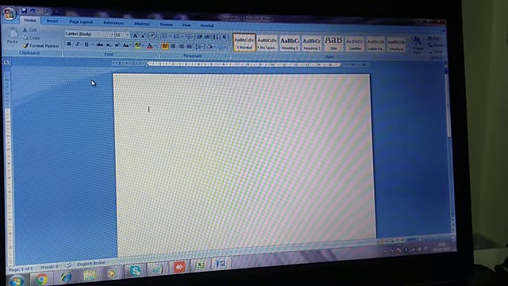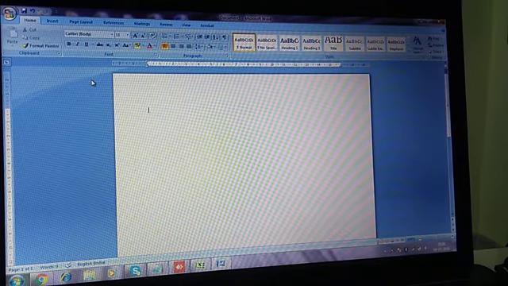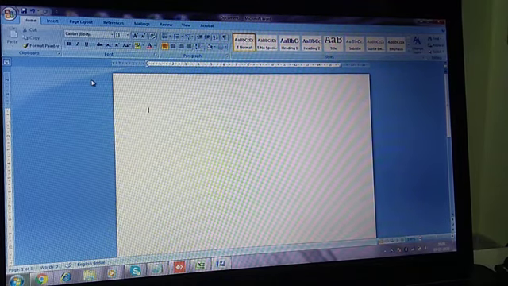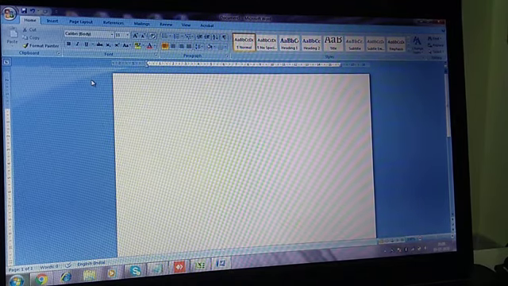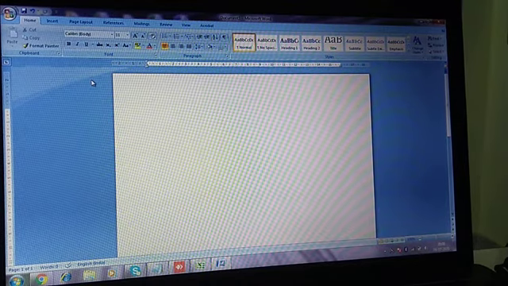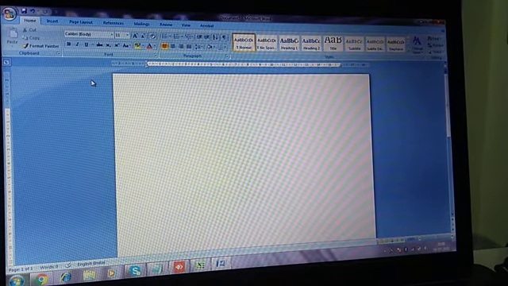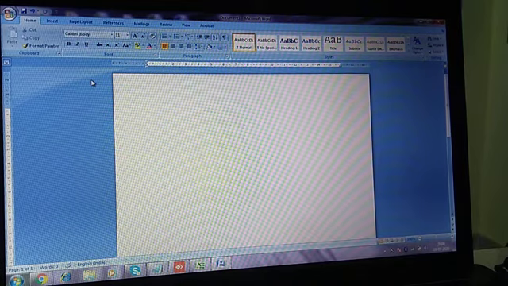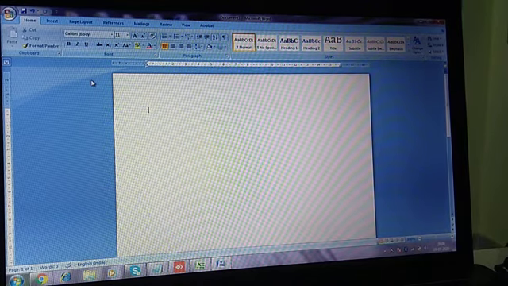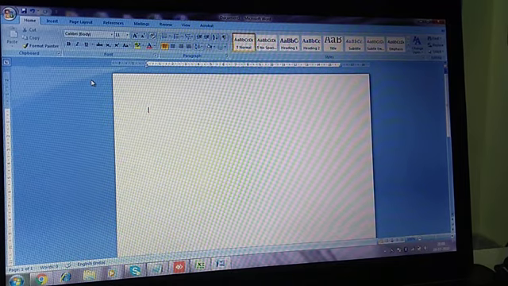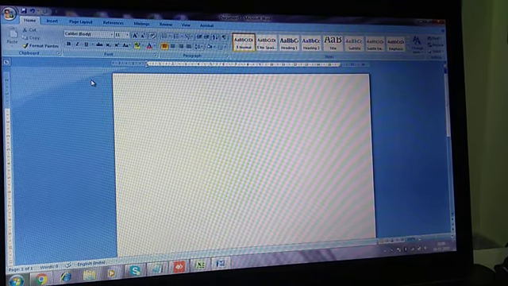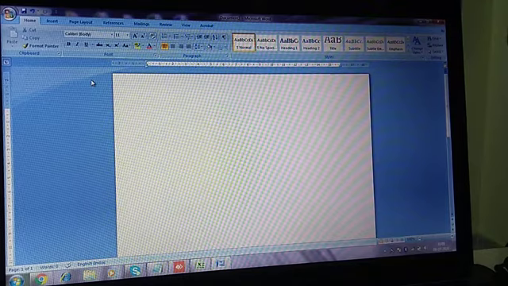For rows there are two options, to insert the row above or below, and for columns to insert the column left or right. Afterwards we learned how to delete things one by one: how to delete an existing column, an existing row, a single cell, and the entire table.